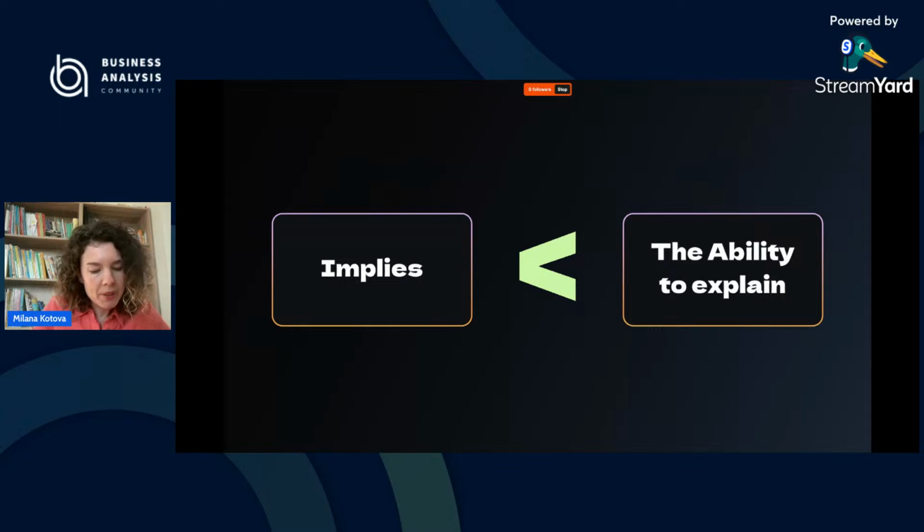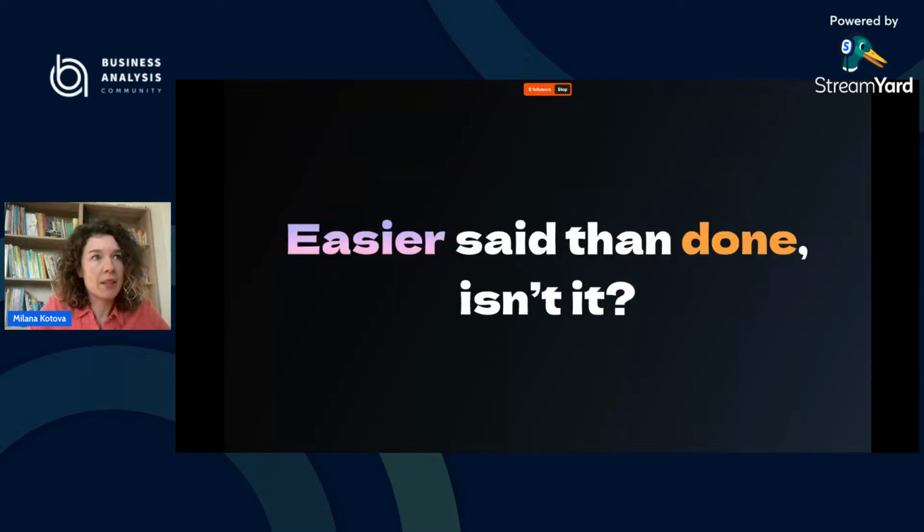The ability to explain becomes a kind of bridge between our knowledge, our expertise, and further actions. And indeed, this is really easier said than done,